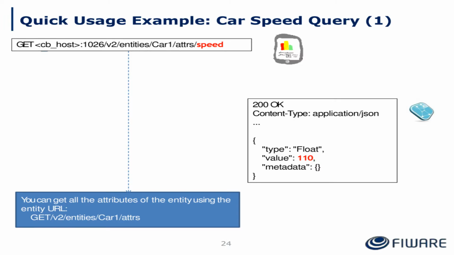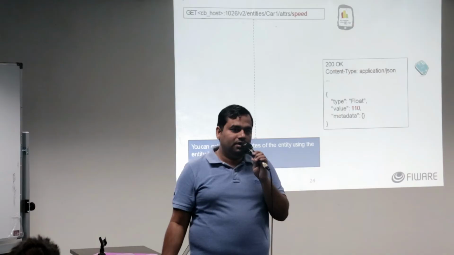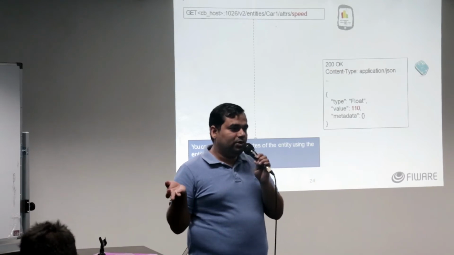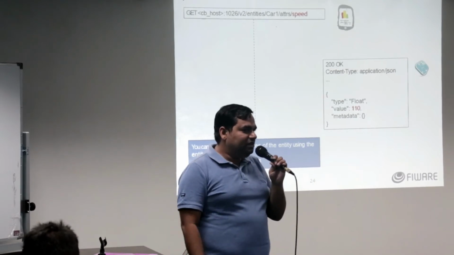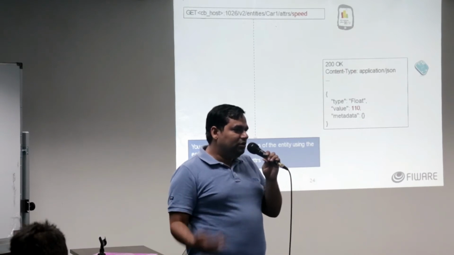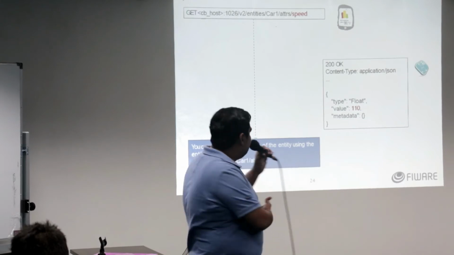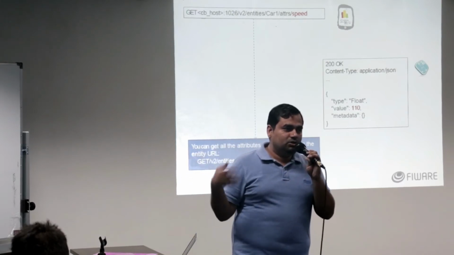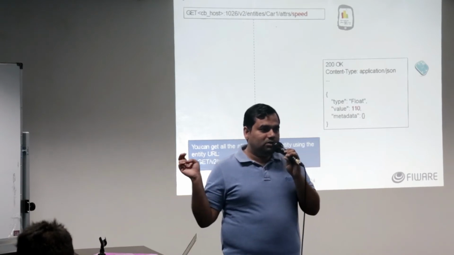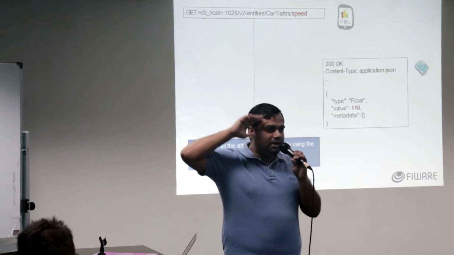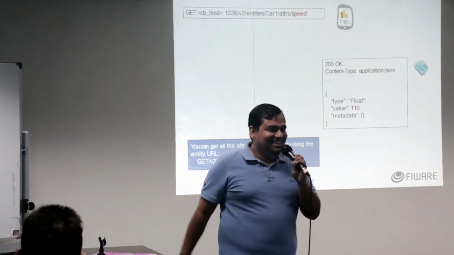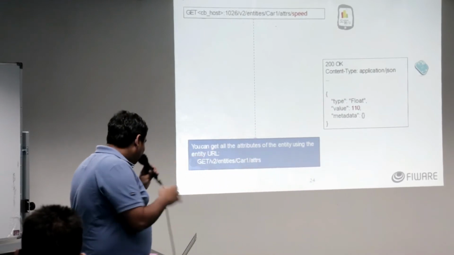Then you can do a GET. So if somebody is monitoring the speed, let's say you make an application for fleet management. You have an Uber-like application, for instance. You want to monitor if your driver is moving too fast. You need to get a report of that. So for that, you can make this application. You can do a GET to your server on the cloud, and you can know the current speed, and you can take an action and call him, please drive slowly now. So things like that you can implement.